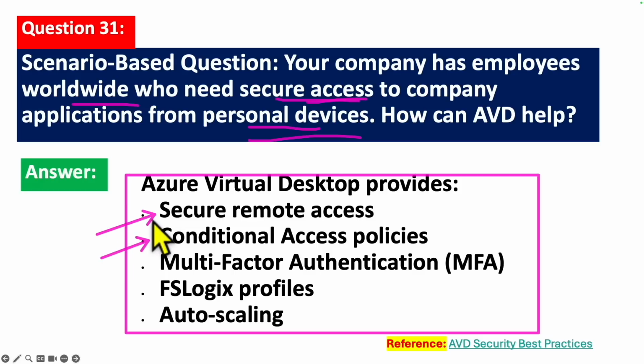Second, highlight how conditional access can help. By implementing these conditional access policies to restrict access based on certain conditions. These conditions could be based on user location, device compliance, and risk level. Next is multi-factor authentication. Here you are emphasizing the fact about adding an extra layer of security by requesting users to verify their identity through multiple methods before accessing the virtual desktop. So one of the methods is conditional access, another method could be multi-factor authentication.